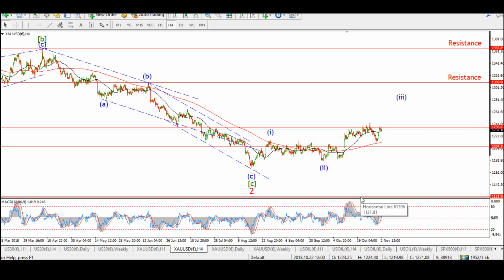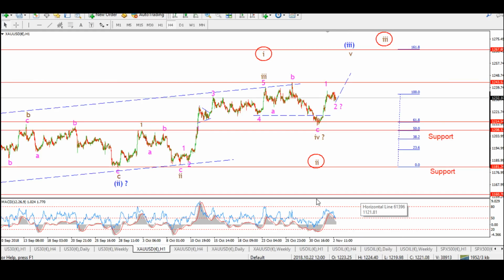Yeah, let's get to the hourly chart just to see how that's played out. A nice spike yesterday, flatlined again today, which was possibly either wave 2 of 5 or wave 2 of 3, depending on which way you look at it. As you see, the alternate count here shows a 1-2 pattern, and that is again very viable with an expanded flat correction in wave 2. Sorry, as an alternate count,